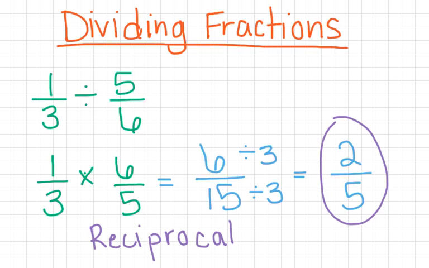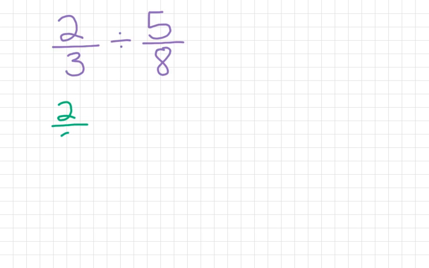All right, let's move on to another page and we'll try some more. Let's go with 2/3 divided by 5/8. All right, remember our first step, we keep this 2/3 the same, but now instead of dividing, we're going to switch this to a multiplication problem by changing this fraction here to its reciprocal down here. So that would look like